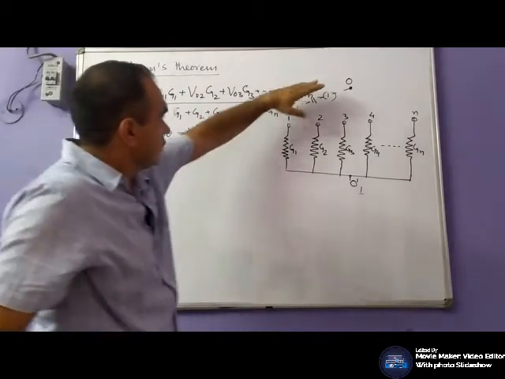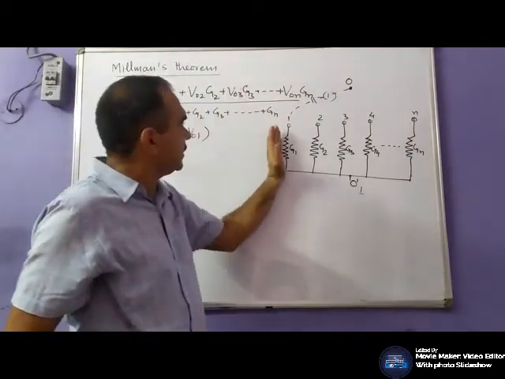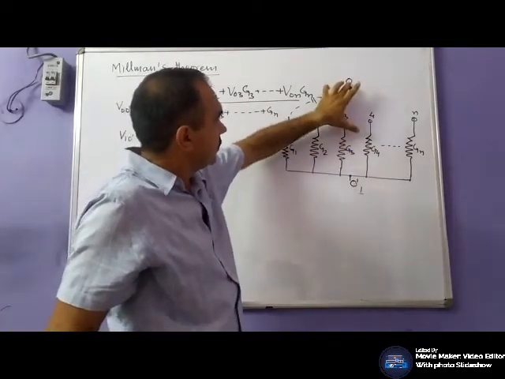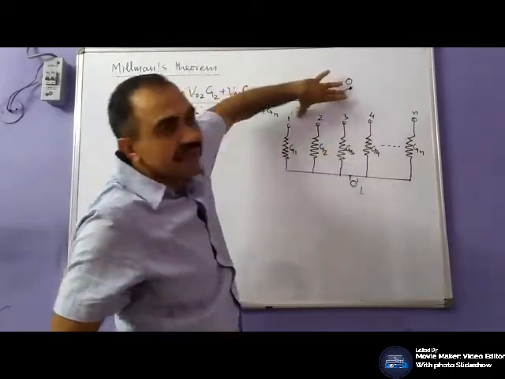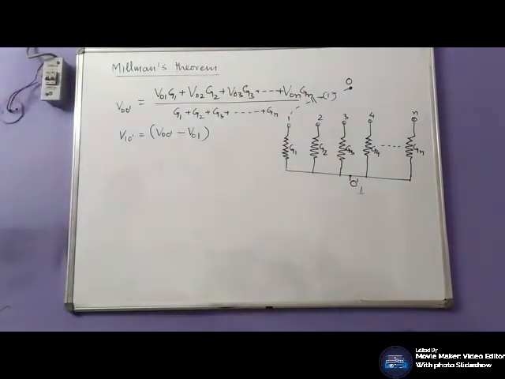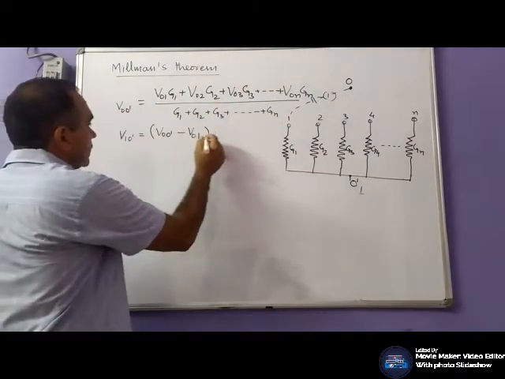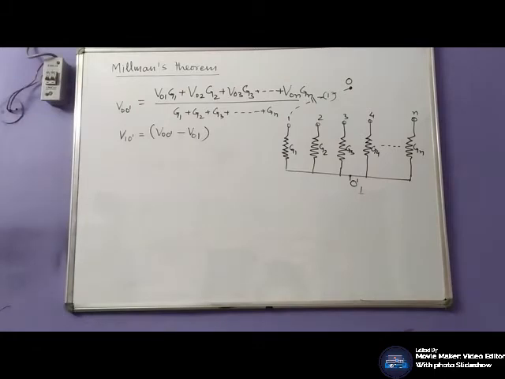So this would be the voltage drop across this G1, the total voltage between V00 dash minus we have reduced this drop, and that is equal to